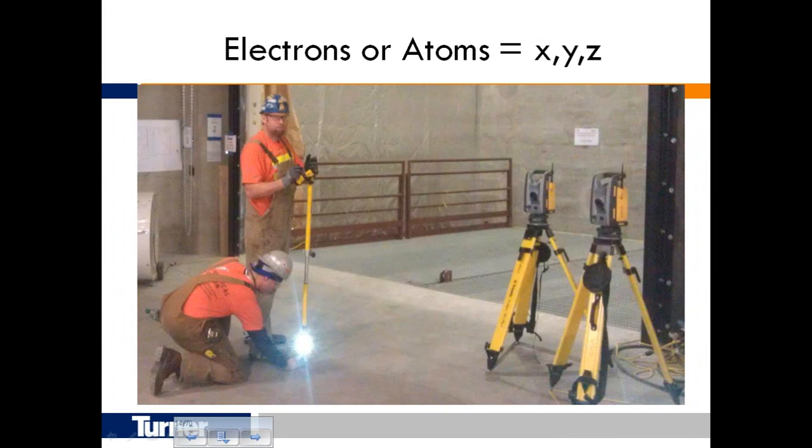Interesting concept here when we start thinking about the supply chain. Here's an example of the computer ordering the X, Y, and Z coordinates in the model. And in construction today, you'll see these units all over, pulling the coordinates directly out of the model and placing them in the field. So these are two electronic total stations. The mechanical contractor and the electrical contractor both had them. We laid out over 6,000 points on the floor